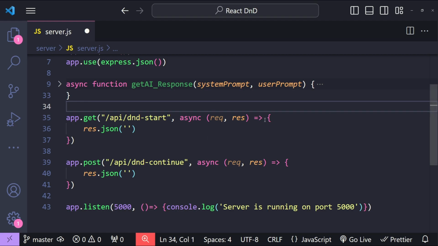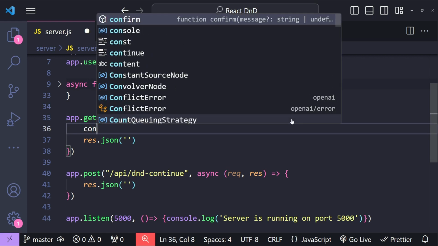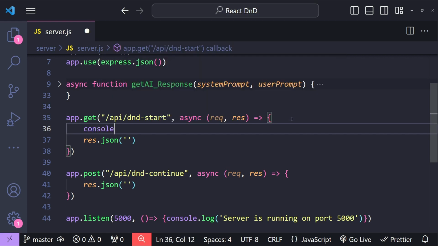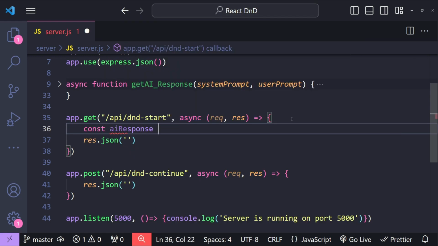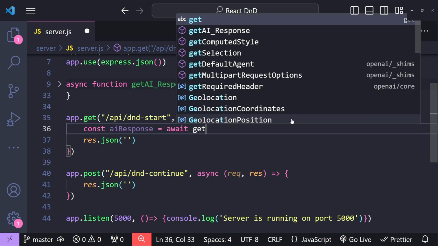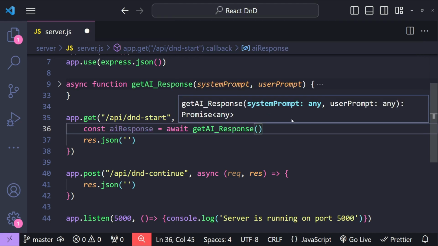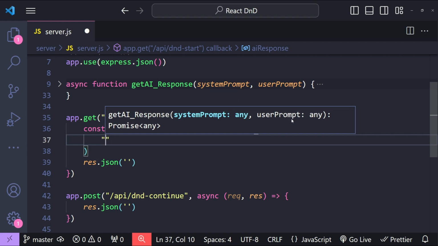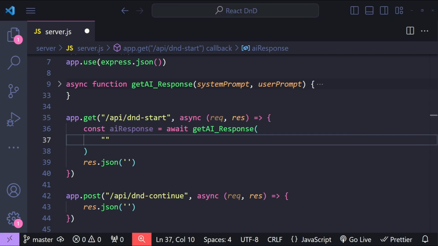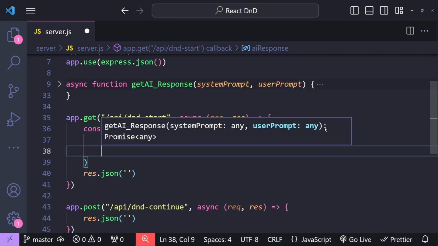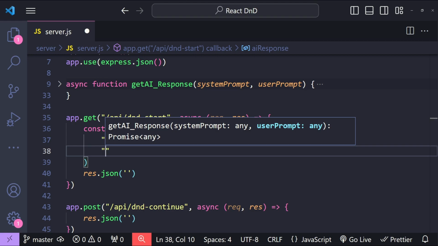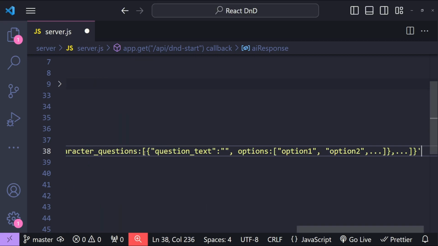So with dnd start we can simply call this function. So const aiResponse equals await getAI_response. Now first we need to provide a system prompt. The system prompt that we are going to use is this one: you are a Dungeons and Dragons game master. Then we need to provide a user prompt, and the user prompt is going to be this one: